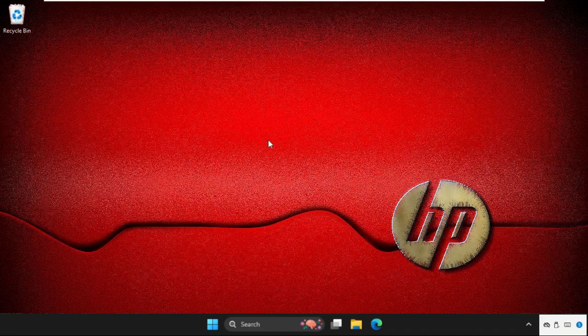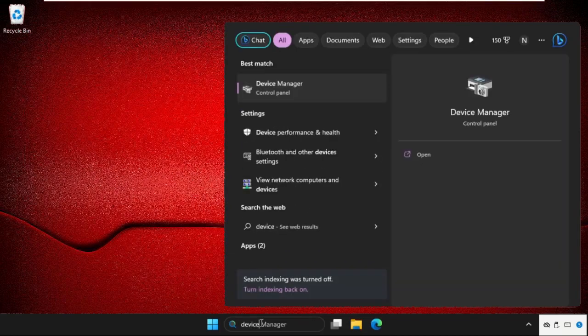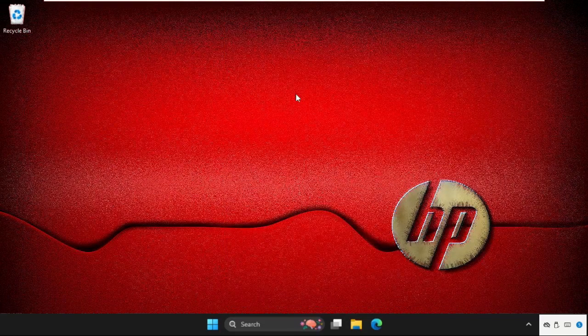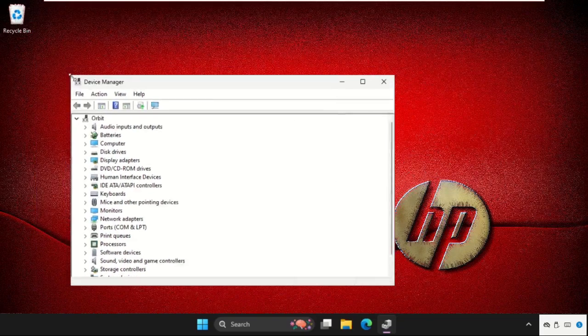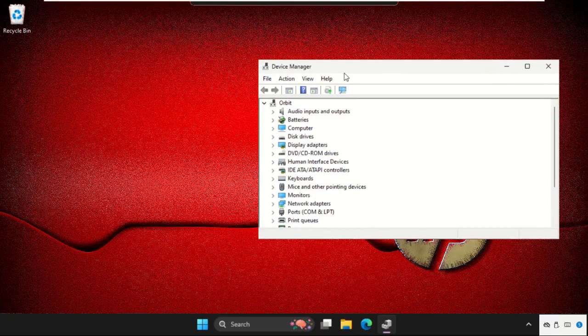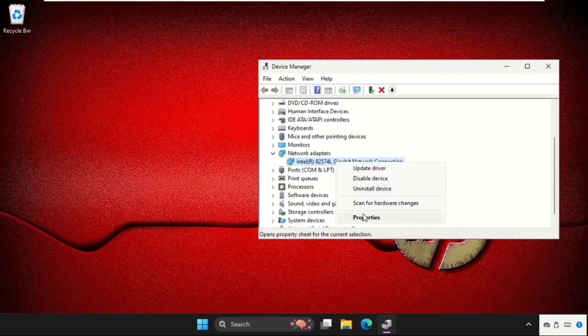First of all, we are going to upgrade the network adapters. For that, just go to search bar and type here device manager, then click here to open it. Once we are here, we need to simply find out the network adapters. Here it is, just click on this to expand this and then right click on the particular driver device,